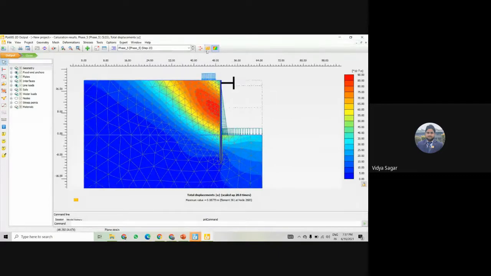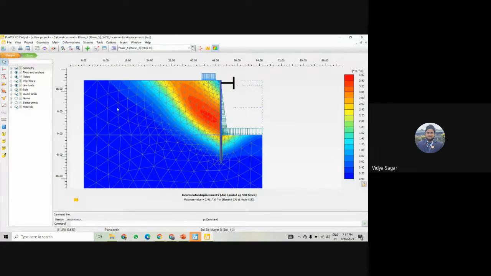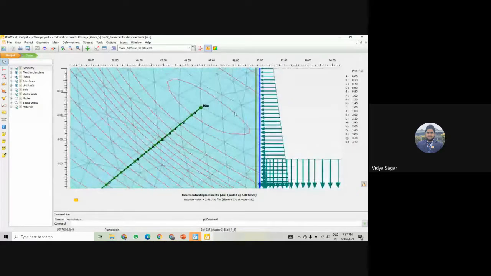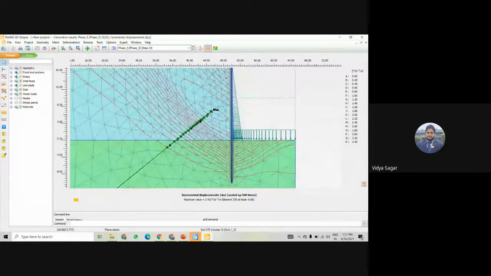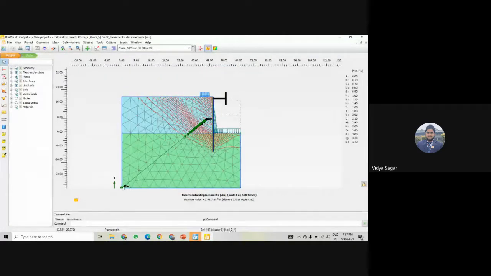And if I check it for incremental, no, total, yeah, incremental displacement, then you can see this is the incremental displacement. And if you check from here, maximum at this point, and it goes lesser and minimum here.